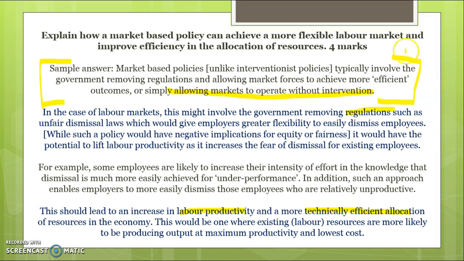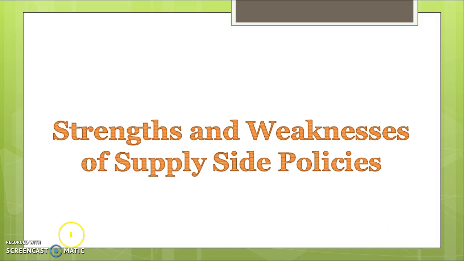So you've explained what's meant by market policies, you've used your example of unfair dismissal laws, and then you've explained how that's likely to boost productivity in the workforce because of the fear of getting sacked, and then linked it to achieving a more technically efficient allocation of resources in the labour market. We'll talk about strengths and weaknesses in the next